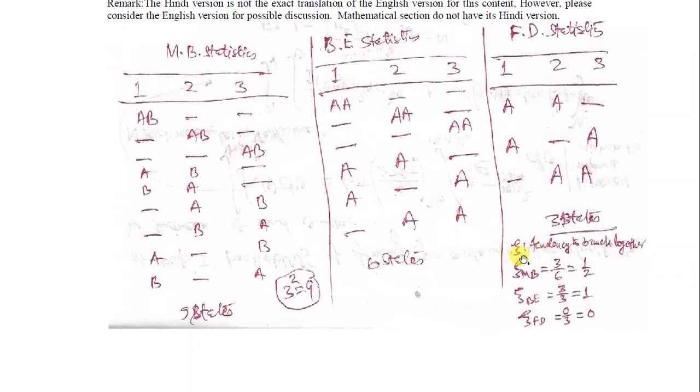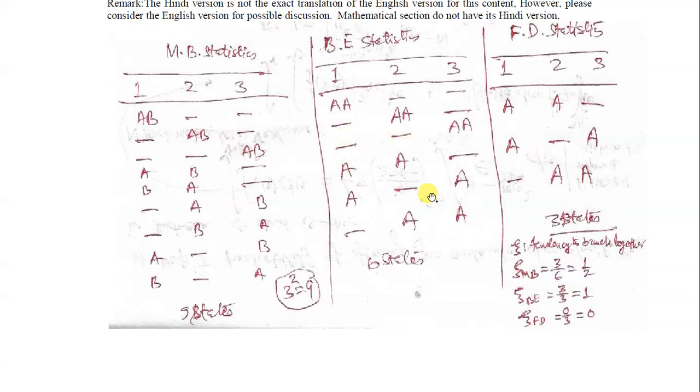Now we can see what the probability is that 2 molecules occupy a single energy state. In this case, you have 3 states in which both molecules are in the same state, and 6 states in which the molecules are in separate, different states. So the probability of finding both molecules in the same state involves these 3 states, and the remaining 6 states have each state occupied by a single molecule. So the probability is 3 by 6. The probability that both molecules can be placed in a single energy state is 1 by 2.